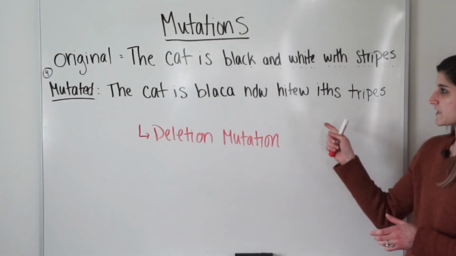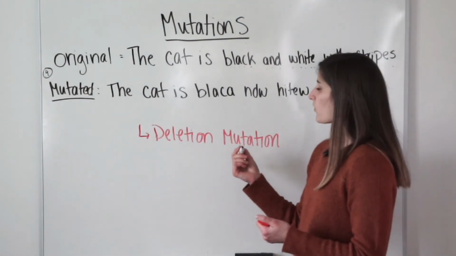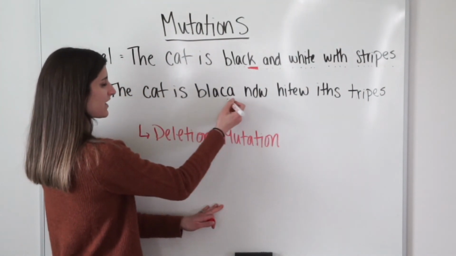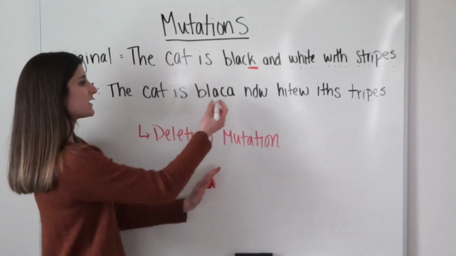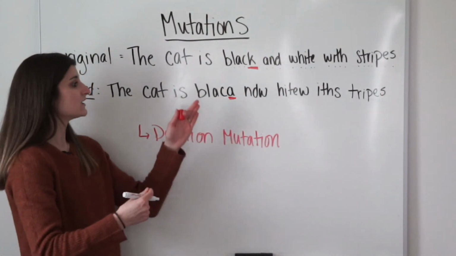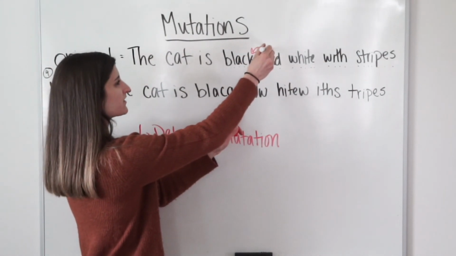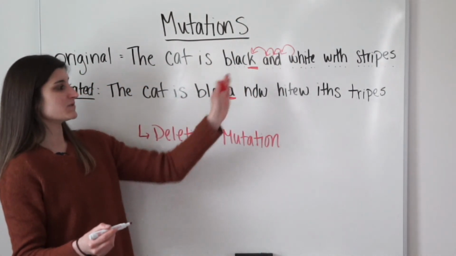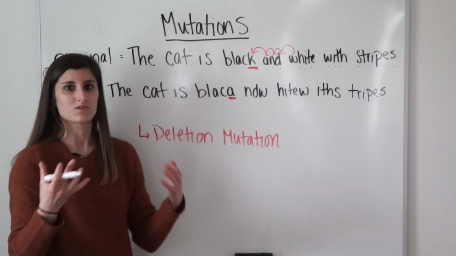All right, so here's our next example, and this is an example of a deletion mutation. What we'll notice is that before we had a K, and now we don't have a K. So the K was deleted from our sentence, and now we have to shift everything over. So the A will move over here, and then the N moves here, the D will move here, the W moves over here. So everything is being shifted over,